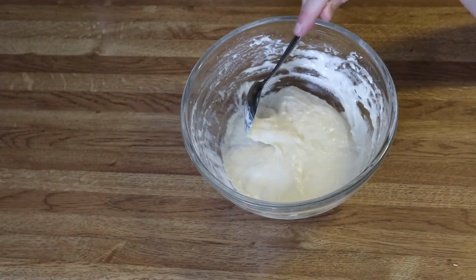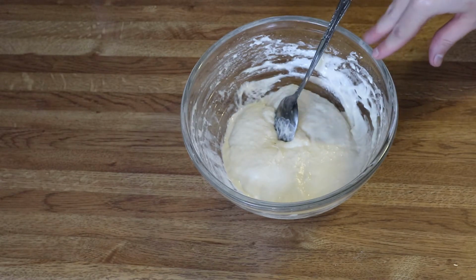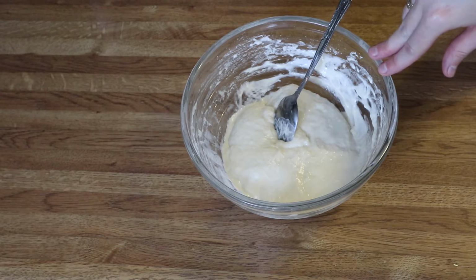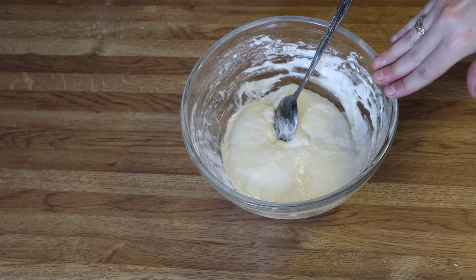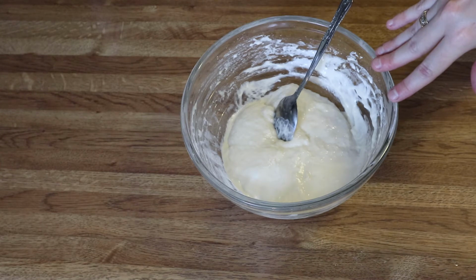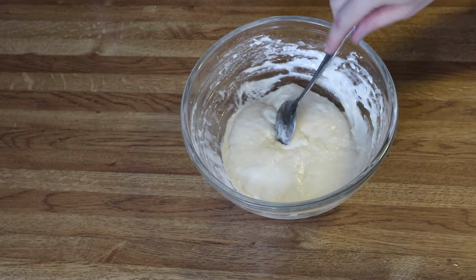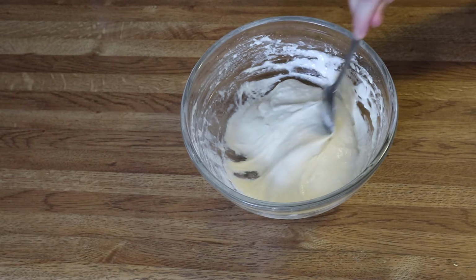Okay guys, for the dumplings, all you're going to do is put between 1.5 to 2 cups of flour, depending on how many dumplings you want to make. Just put that into a bowl, and you're going to add in between 1/2 cup to 1 cup of warm water. You don't want much,